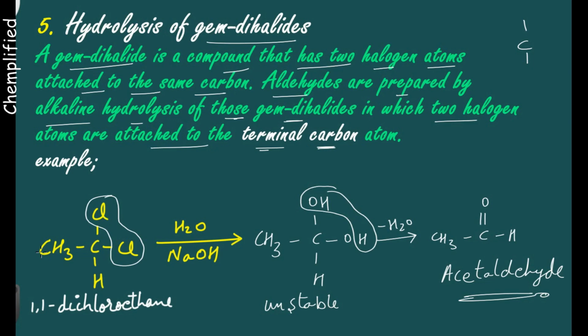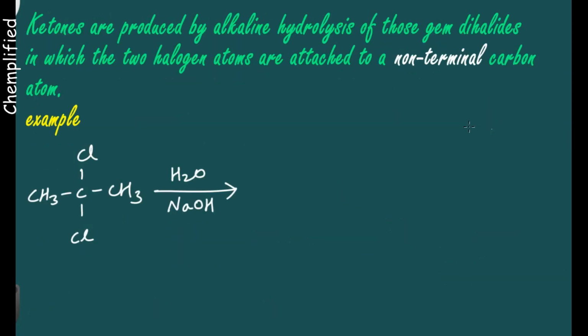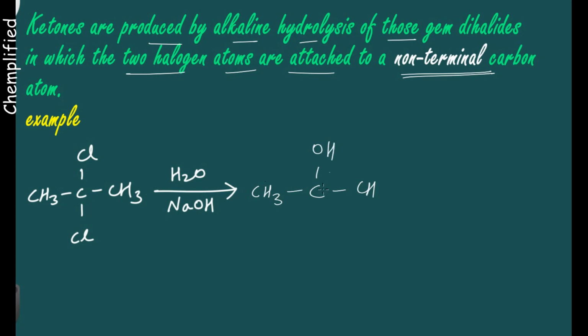Right? Now what will happen if these two halogen atoms are attached at the carbon which is in the middle? You will get ketones. Ketones are prepared by alkaline hydrolysis of those gem dihalides in which two halogen atoms are attached to a non-terminal carbon atom. Now the process is same. You will get an unstable intermediate, right? After that, the H2O molecule will be removed, and you will get the final product as